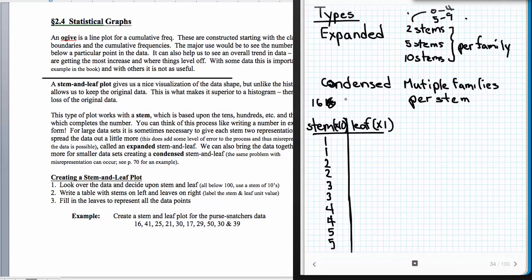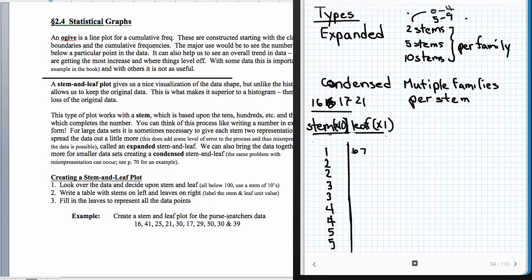So if we are looking at our data here, we have a 16, a 16, a 17, and then a 21. The only ones we have in the teens are the 16s and the 17. So in this first stem right here, there wouldn't be any digits in there, and we would simply be putting in the 6 and the 7 here. Now, because there is no data in that first one, we actually should not put it in. Anytime the first stem doesn't have any data, you don't use one there. So we would just use the 1,